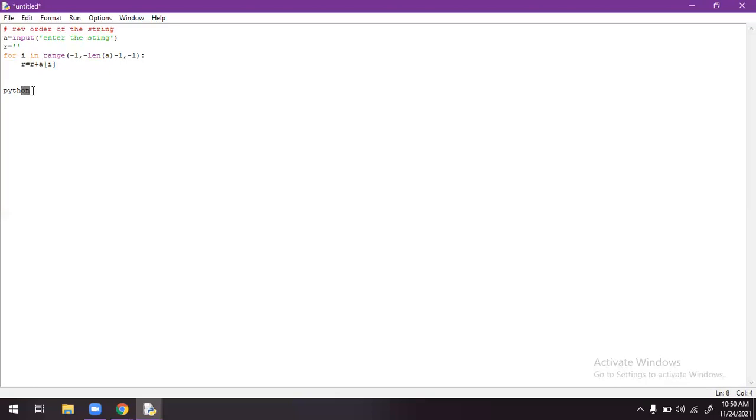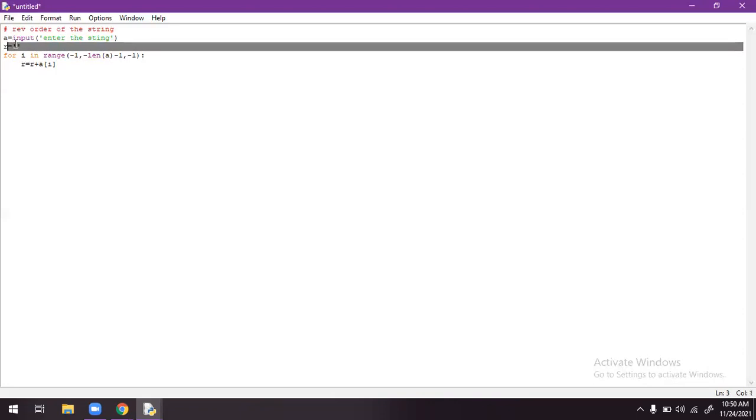This is the second iteration. If you decrease again, it becomes the third iteration. For each iteration, the temporary value is assigned to the variable r. Initially r is the empty string, but after each iteration it is stored in r only.